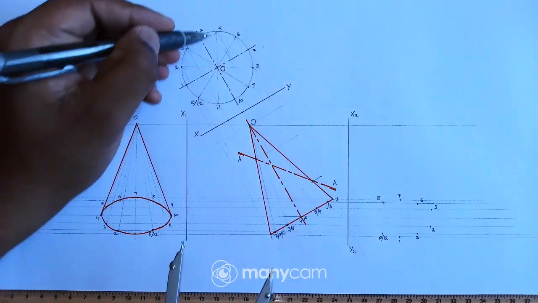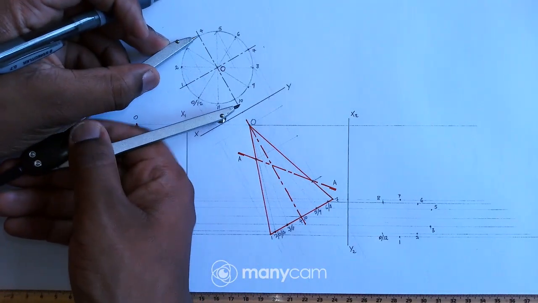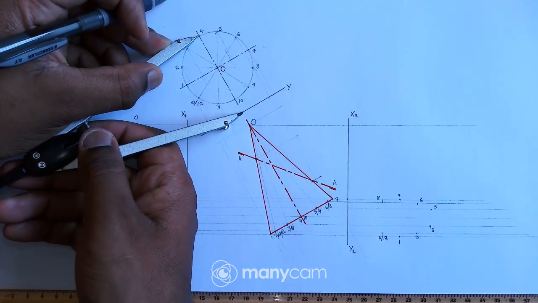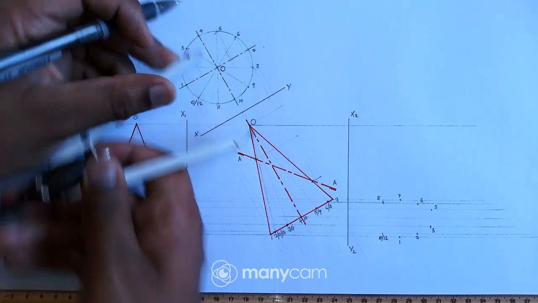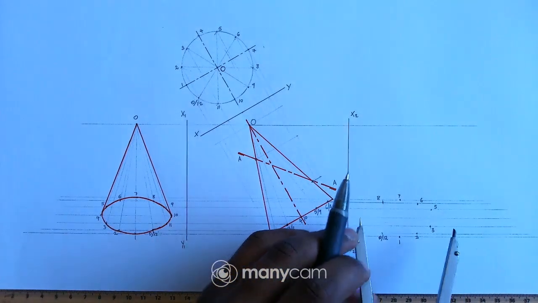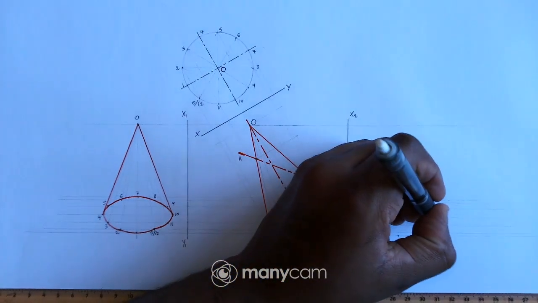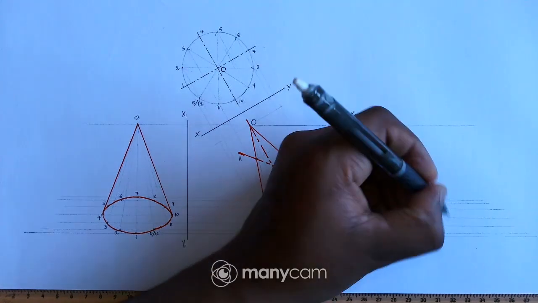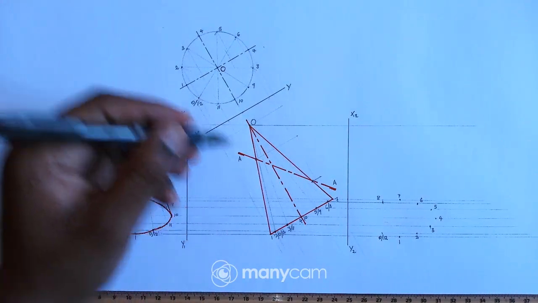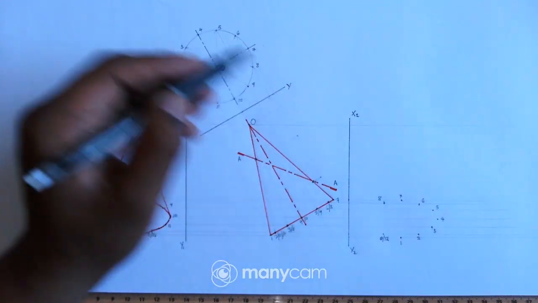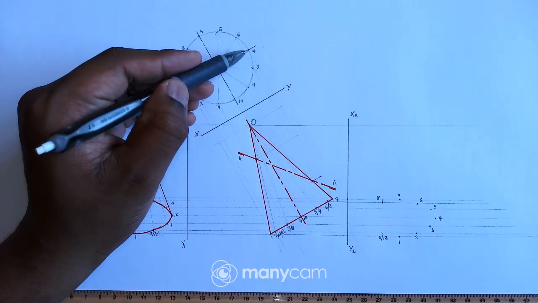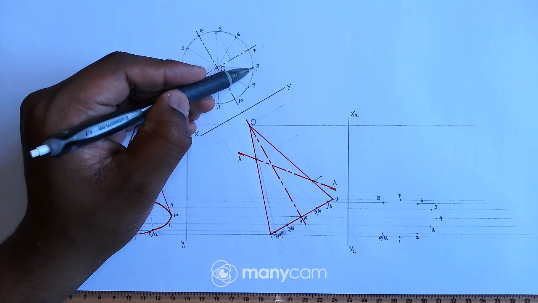So this is 5. Then I move to 4. So 4 is there on this line, so mark that point right there. 4, 5, I do have 5, 6, 7, 8,